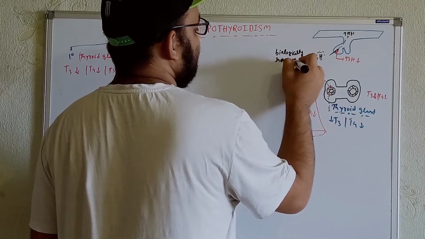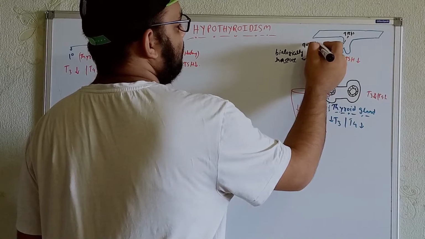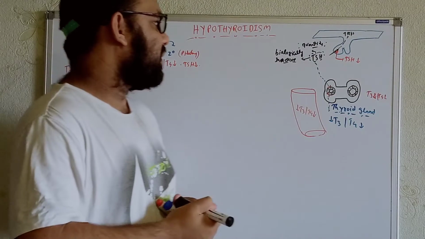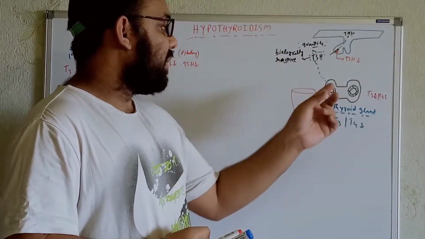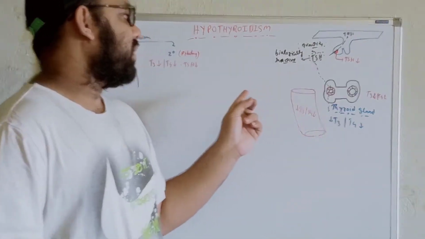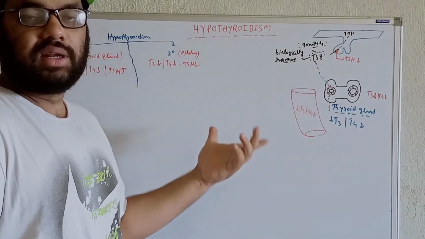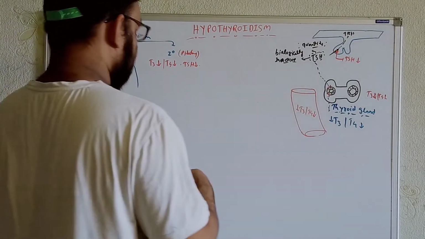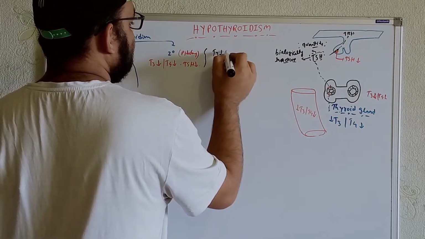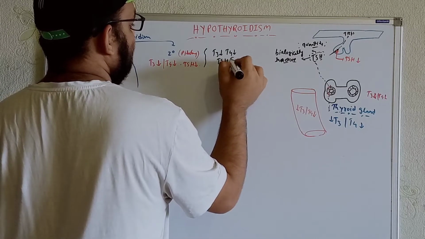Definitely, whatever the TSH, for example, the quantity is enough, but the quality is not good. If you don't get good quality, or you get dysfunctional TSH, it will not be able to stimulate the thyroid cells, or the follicular cells, to release T3 and T4. So sometimes we can also see T3 and T4 low, but the TSH level is normal, because it is biologically inactive. Sometimes we get T3 that is less, T4 that is also less, but the TSH is normal. In these cases we can get this.